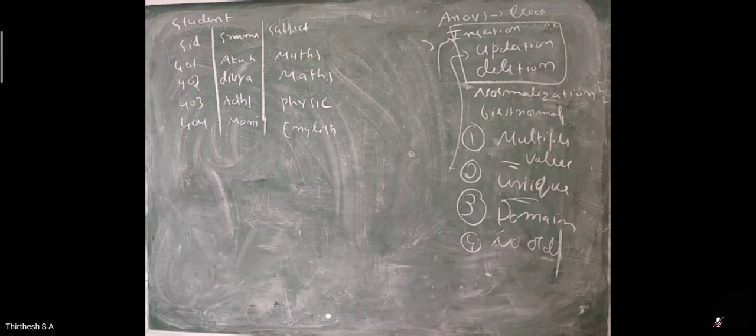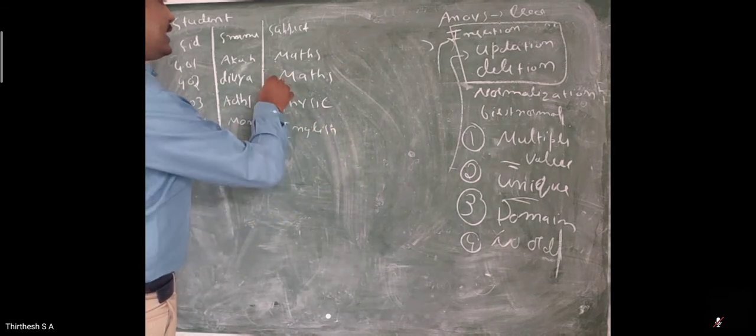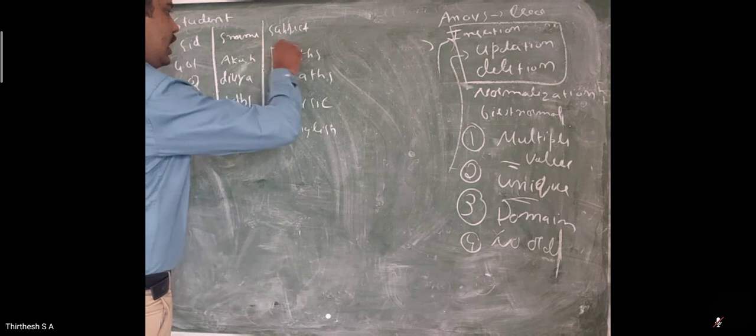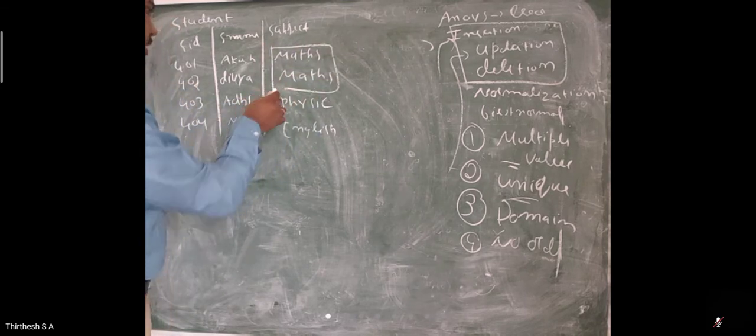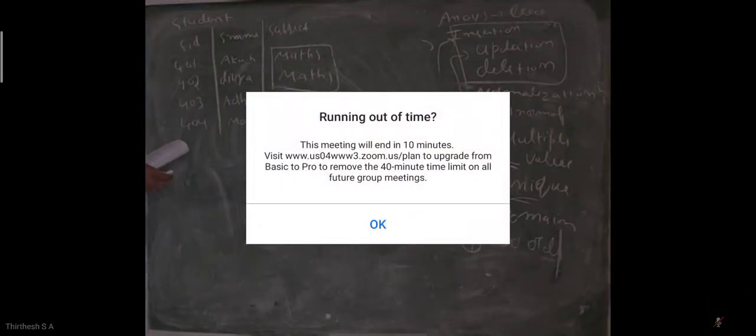Check out what I did. I have created one database table known as student, which has the attributes SID, SName and subject. But what does normalization say? Normalization says that you should have unique values. It should not have any redundancy. Here you can check that max is repeated twice, and your SID is repeated twice. Which means that this is not in a normal form.